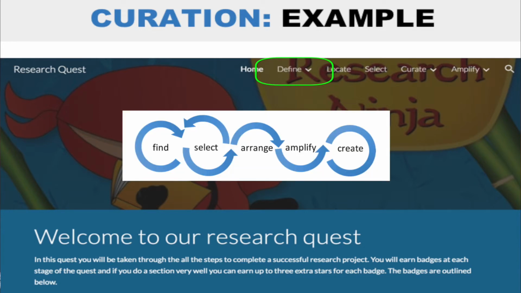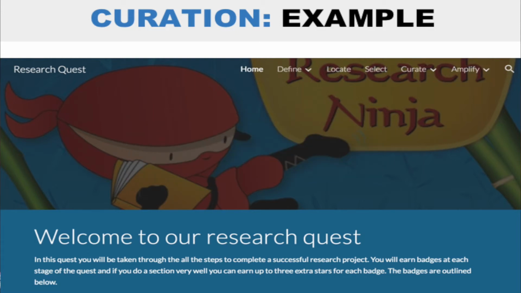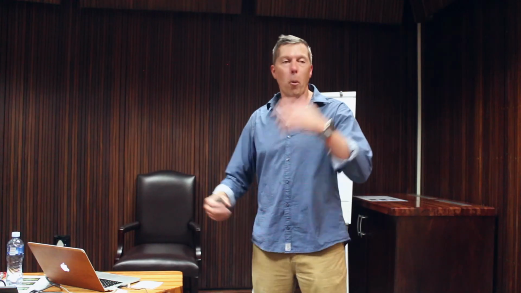Go out and seek. She gave them some starter things, but there's also just a YouTube thing they can go out and search. Then she gives them some instructions about how to select. She then gives them a space where they can pull them all together. And finally, they get to amplify it. She says she's never seen such a change. Her students are so loving it. And obviously, she's even gamified it a bit like it's a quest. So when they finish each one, they get a little badge.